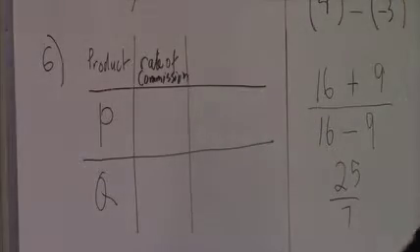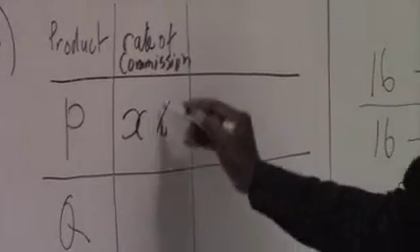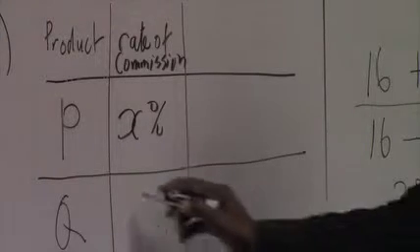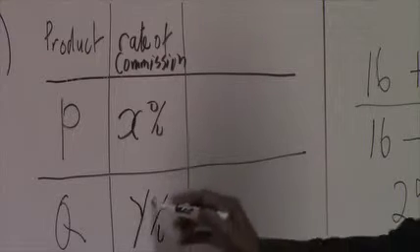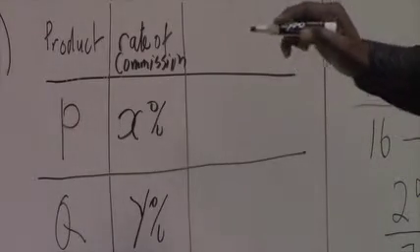For P, the rate of commission is X%. For Q, it is Y%. To determine the commission,